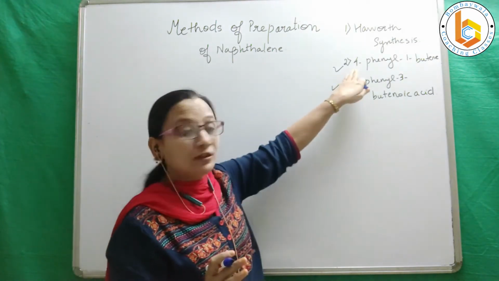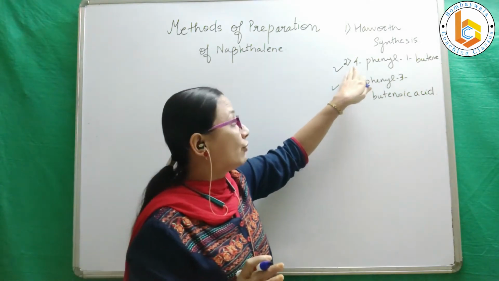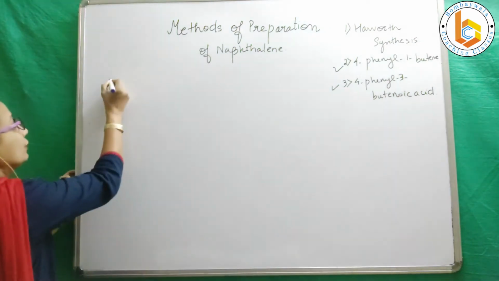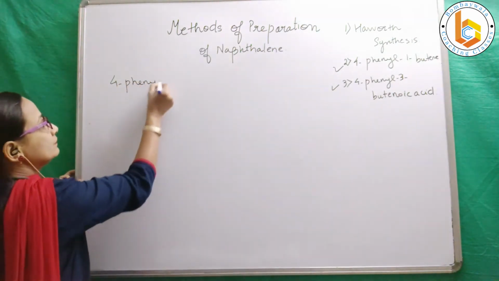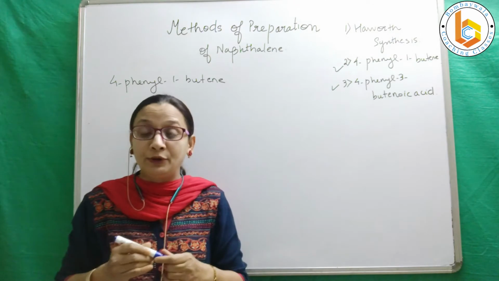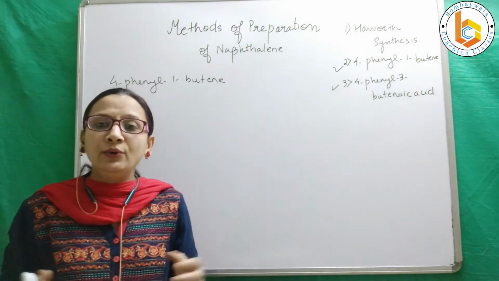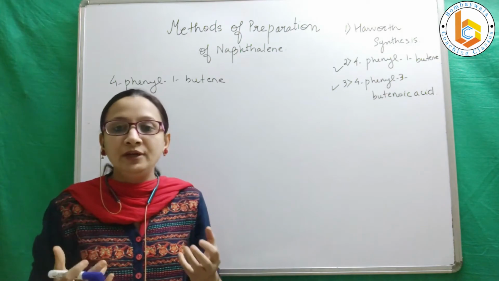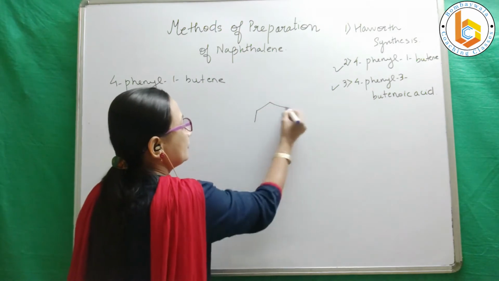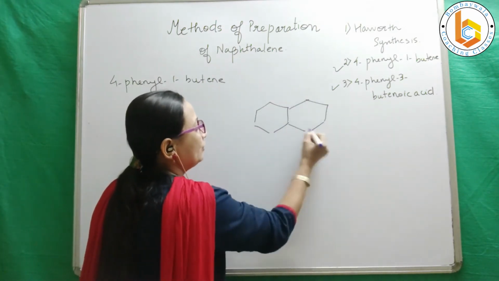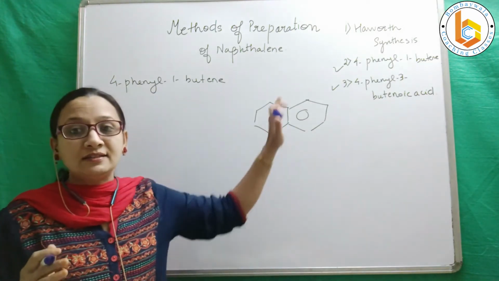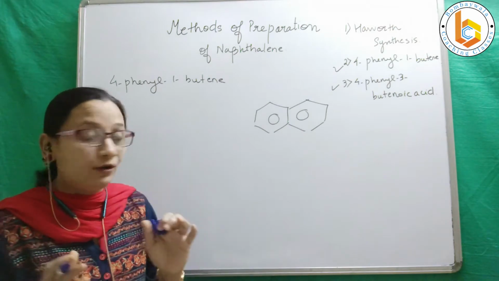The second method of preparation that we are going to talk about in this video is from 4-phenyl 1-butene. I just write it like that and say it like that, because if you can write this structure, then you can instantly guess what you will be doing to synthesize naphthalene. We have a visualization that we want to create something like this: two fused polynuclear rings, which are aromatic in nature, which we are intending to synthesize. Now let us see the starting material.